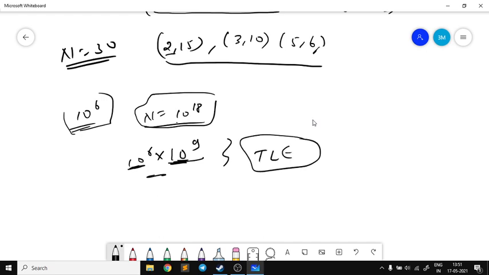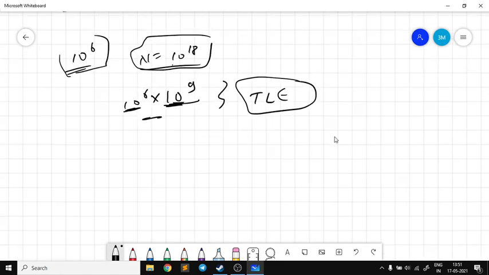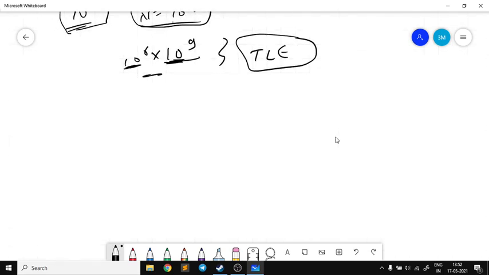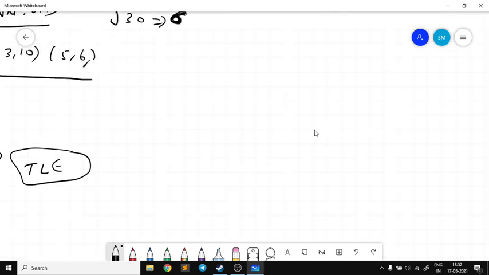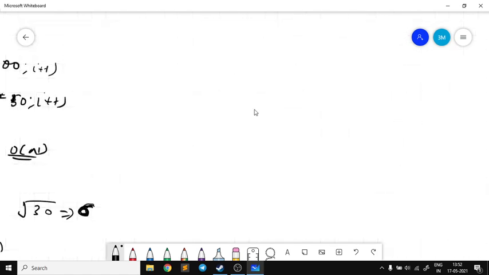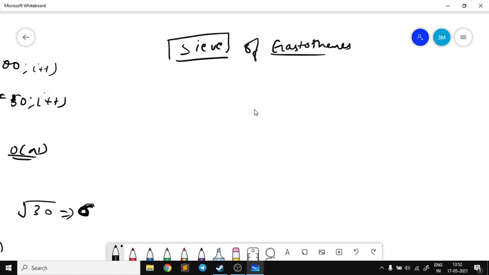We can do it if we do some pre-computations. The pre-computation I'm talking about comes under the topic of sieve. The full name is sieve of Eratosthenes, but we'll just normally call it sieve.